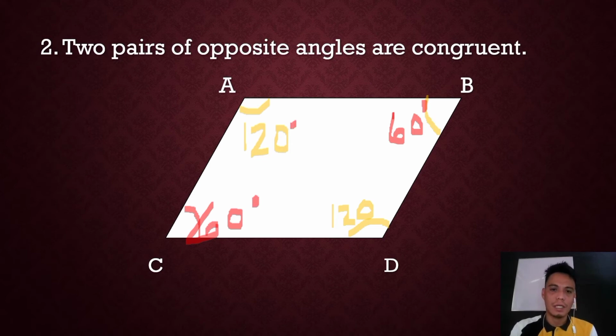So, meron silang two pairs of opposite angles are congruent. So, dalawang magkatapat na angle, magkaparehas po ng measurement. Okay? So, that is the second guaranteed that a quadrilateral is a parallelogram. I hope you follow, guys. Okay? Next one is